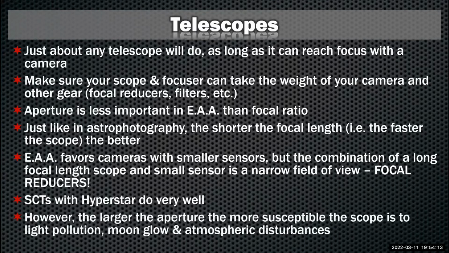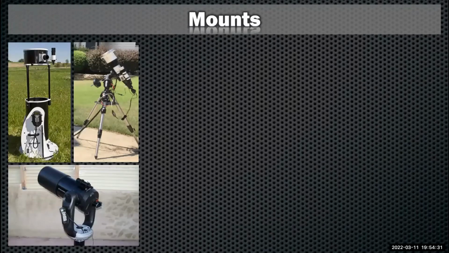And the larger the aperture, you'd think, oh, okay, we'll get more light. But the larger the aperture, the more susceptible the scope is going to be to light pollution, moon glow, and atmospheric disturbances. So you don't want to oftentimes go too big. In terms of mounts,